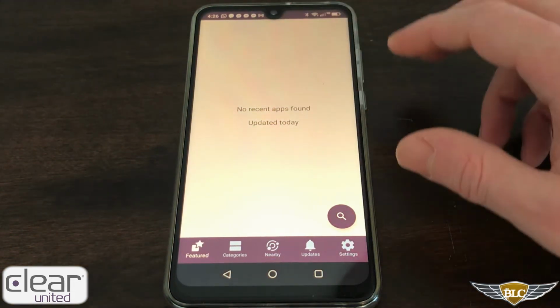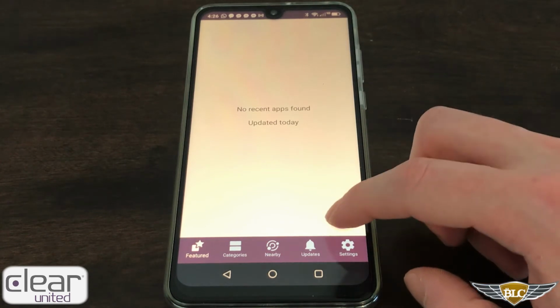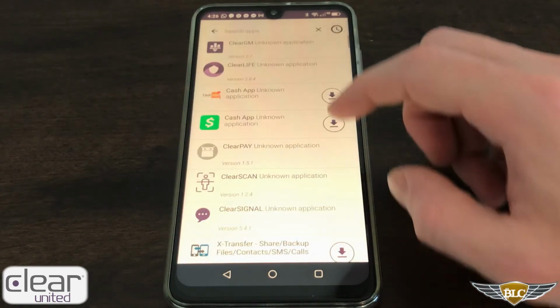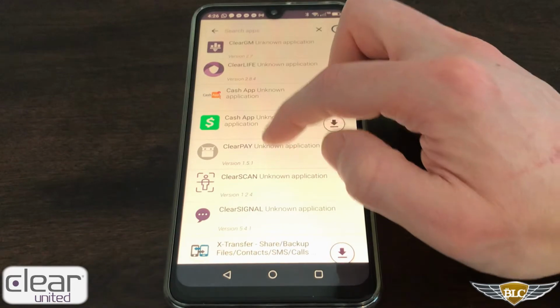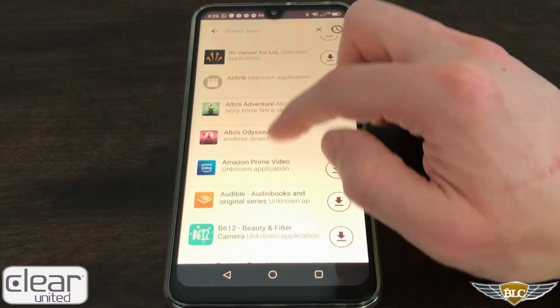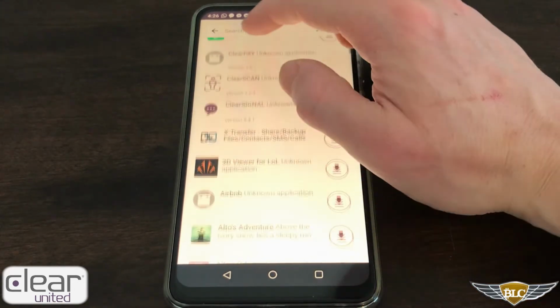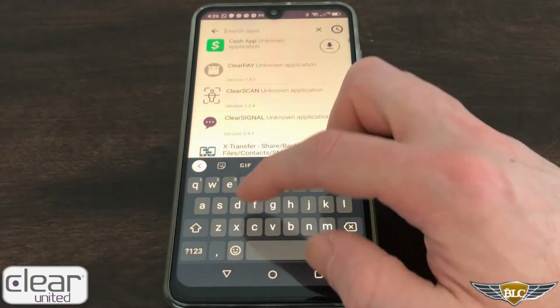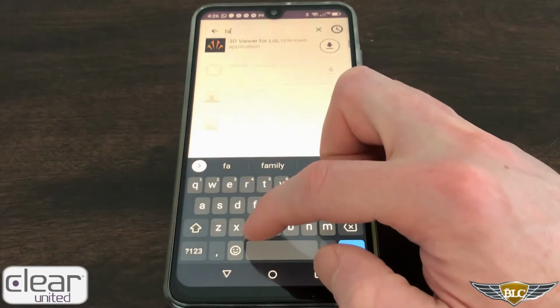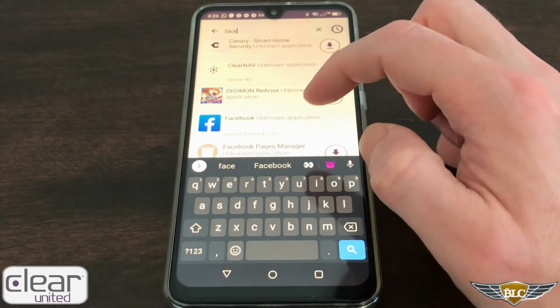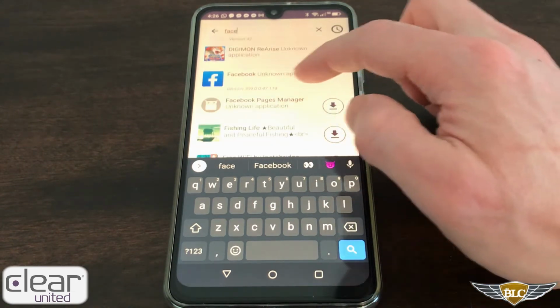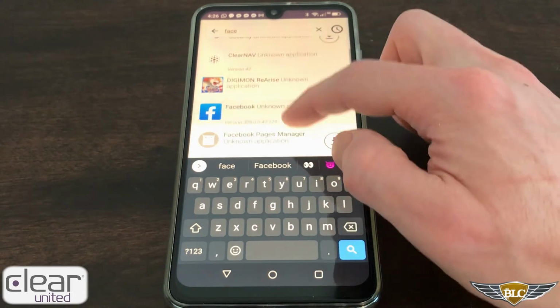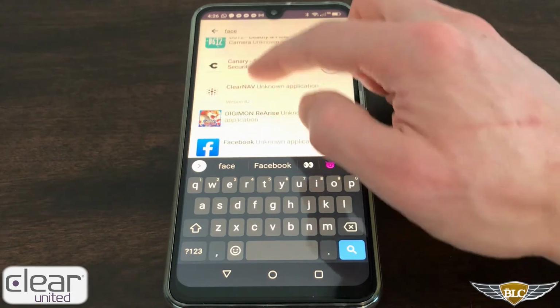Now this opens up the app, and from here we can search. As you see, when I press search, there's already a list of apps you can go through, or you can search for different apps that you're familiar with, like Facebook, for example. And here's the Facebook app. I've already downloaded it. Ignore how it says unknown application here. That doesn't matter.